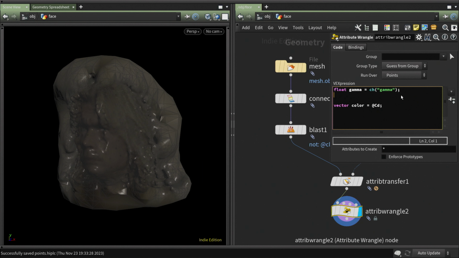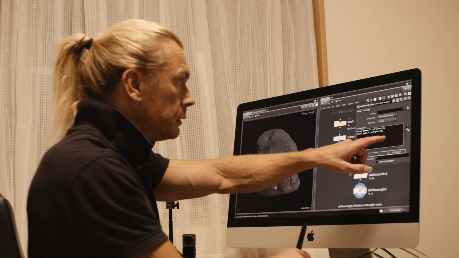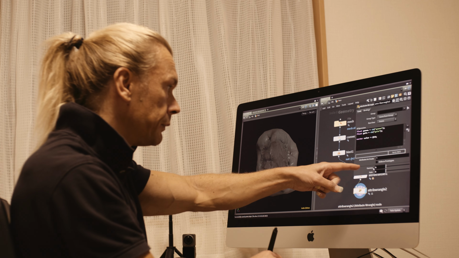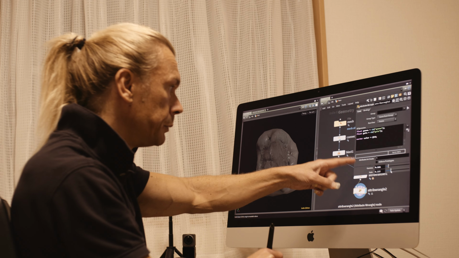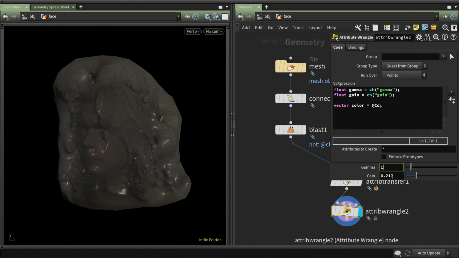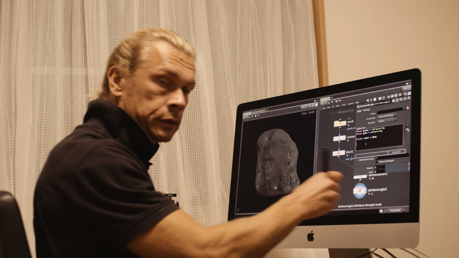And we create another one, float gain equal channel gain. And now if you press this icon down here, we can see that we have a gamma and gain attributes. So let's set the gamma to 1 and gain to 1 as default. And let's continue